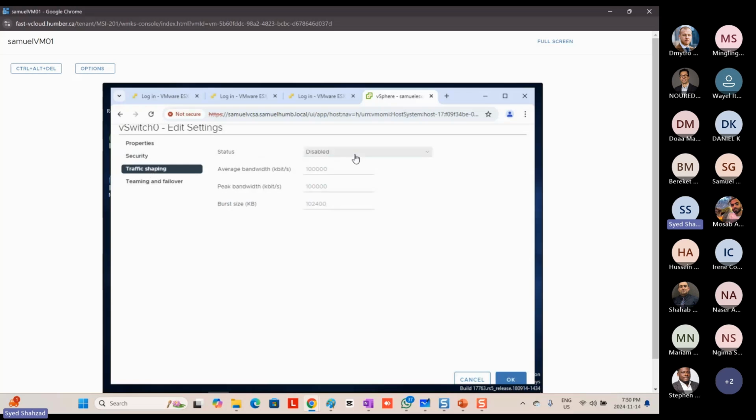Traffic shaping is that status. If you enable it, traffic shaping basically is, suppose you do not want, during peak hours, the traffic to be more than the data kilobits per second, so this is like 100,000, right? 100,000 kilobits per second. Traffic should not be more than 100,000 kilobits per second. Suppose it reaches 200,000 during peak hours, like between 10 a.m. till 2 p.m., right? So suppose during peak hours, if it is